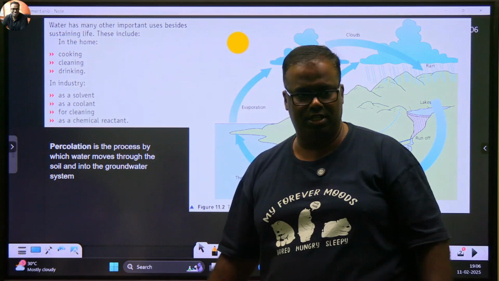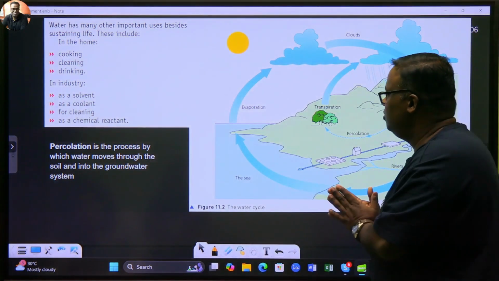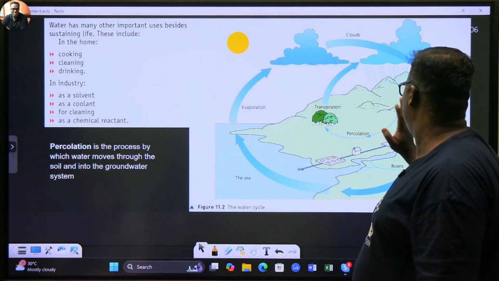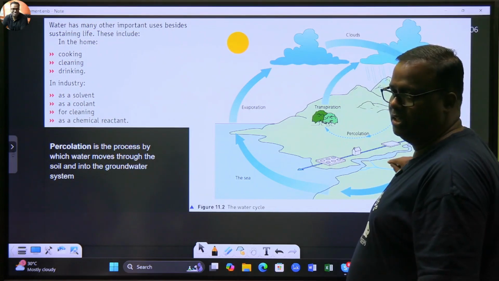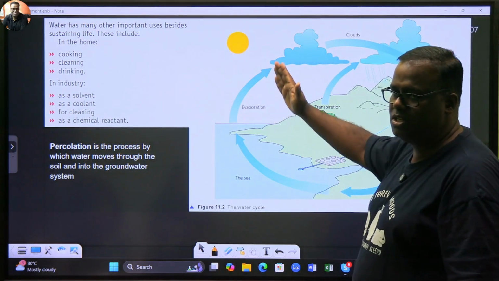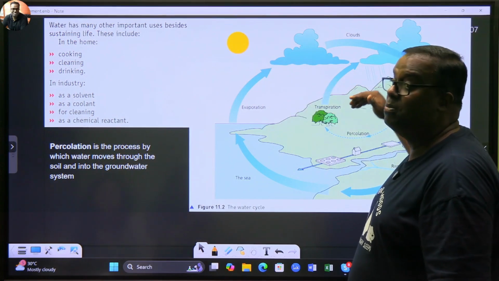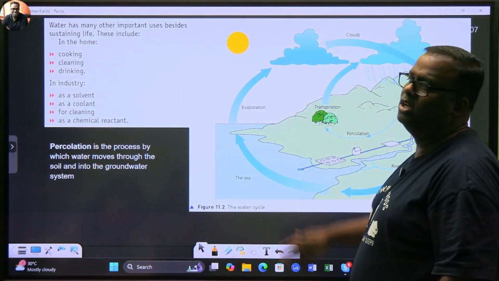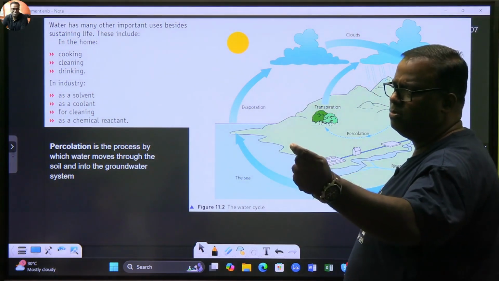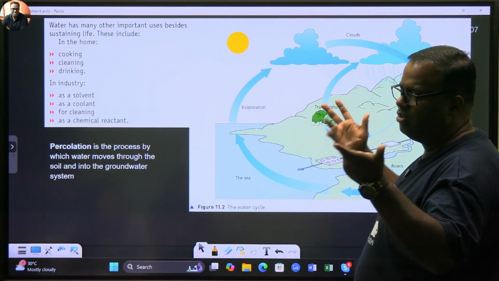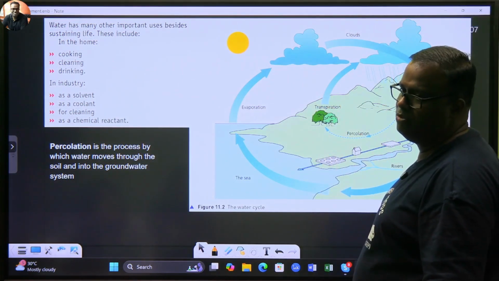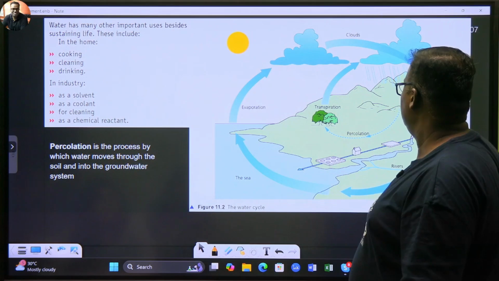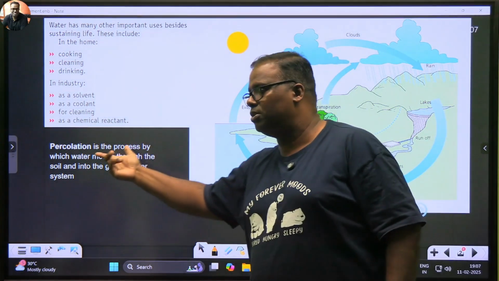That's called percolation. Is there anything that you don't understand here? I think evaporation you understand, transpiration you understand, percolation you understand. So it's basically a cycle: evaporation, transpiration, respiration, and combustion of fuels. They will make all the water get converted to water vapor, go up, get condensed into tiny droplets, and with air currents become cloud. Clouds become heavy, they come down as rainfall, so they add back to the water on the water bodies, and sometimes some of the water also seeps into the ground, which is known as the process of percolation,